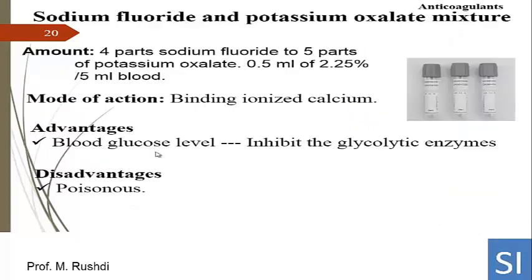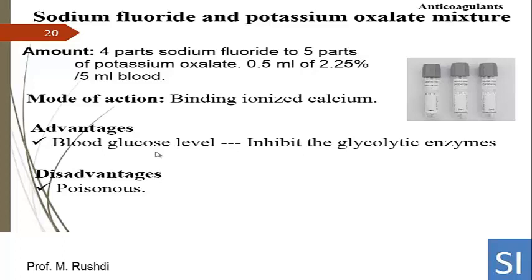The sodium fluoride and potassium oxalate mixture is also a mixture of potassium oxalate and sodium fluoride, and acts by binding ionized calcium. Sodium fluoride is the anticoagulant of choice for measuring the blood glucose level in plasma. Sodium fluoride inhibits the glycolytic enzymes and so is used commonly for collection of whole blood samples and for measuring